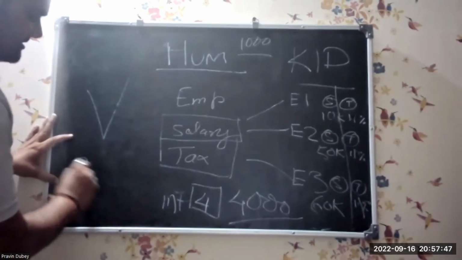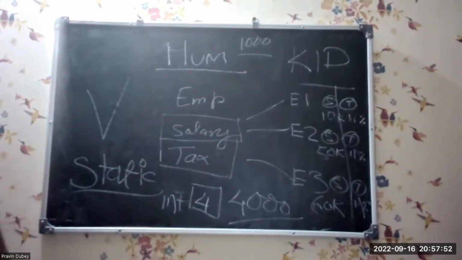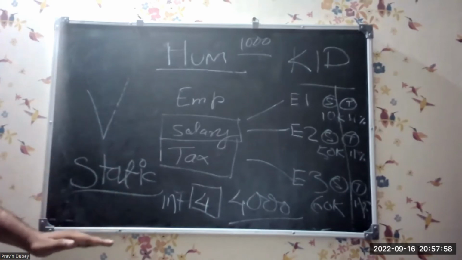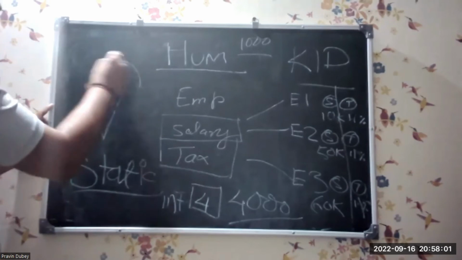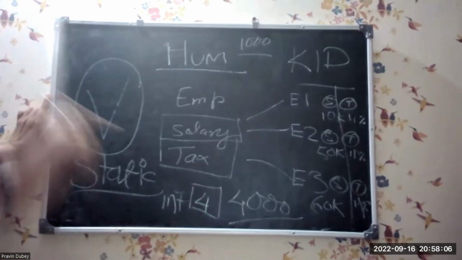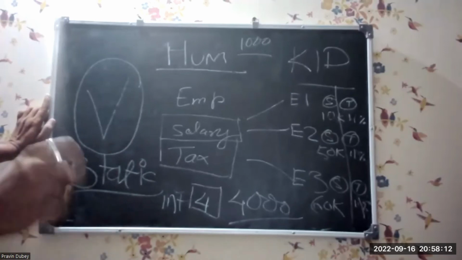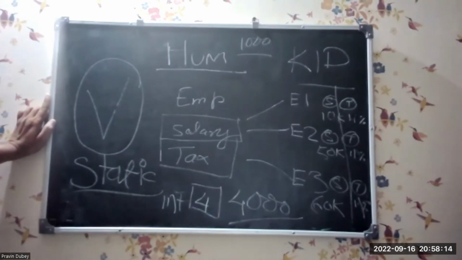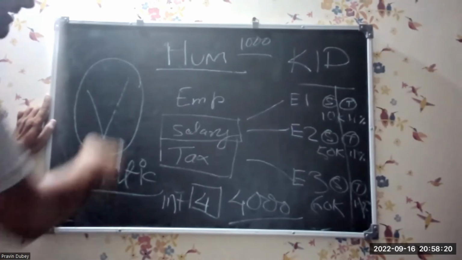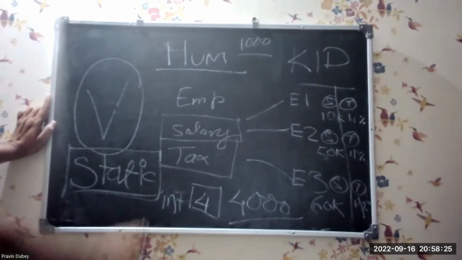That is where the concept of static comes into the picture. Static says, I will be the one which will be a variable. It is not a constant. Don't ever go and tell in any interview that static is a constant. It is not at all a constant. You can change the value of a static variable at any given moment of time. So it is not a constant, but it is a special type of variable which sits on the